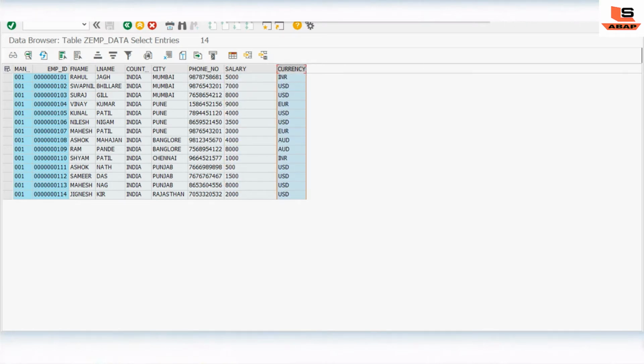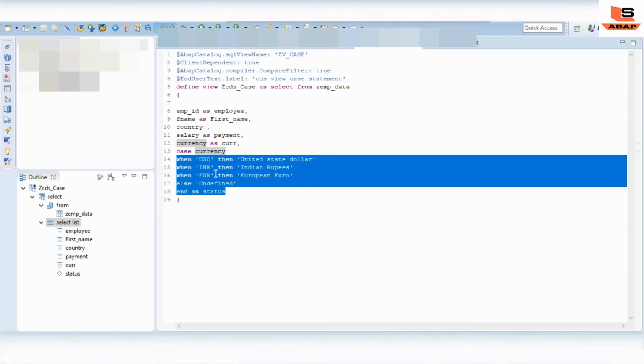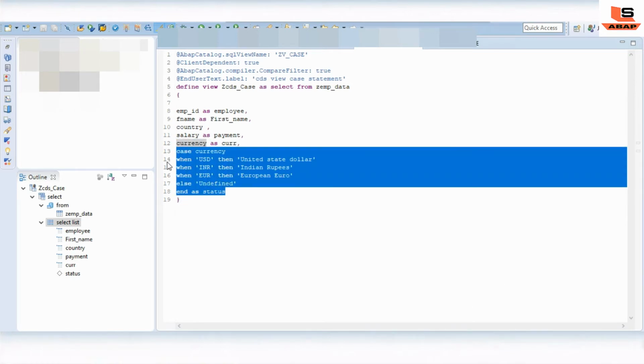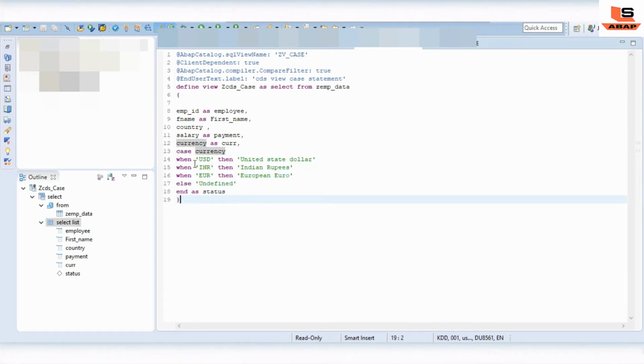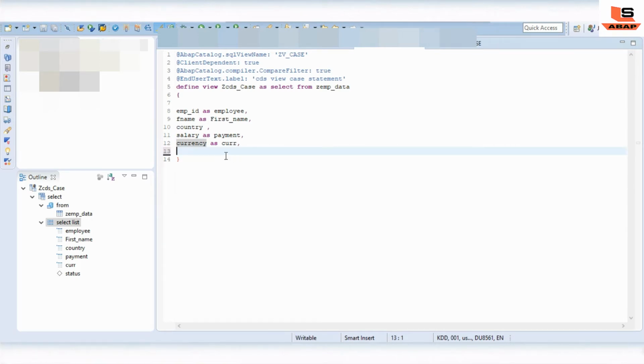Okay, so we'll do the changes in the same thing. As we have salary also, we have already entered. Now as you can see here, we have used currency for the case because we were using it for one particular column. But now we have to use it for multiple columns. So what we will do, we will use only the case statement here. We are not going to specify anything over here.